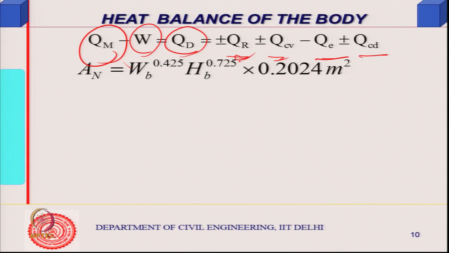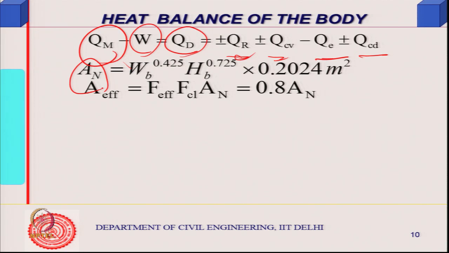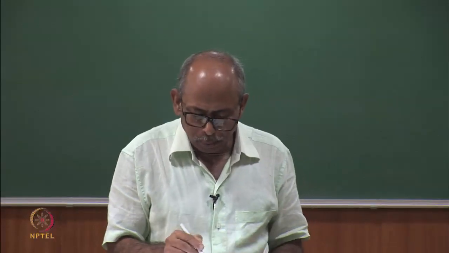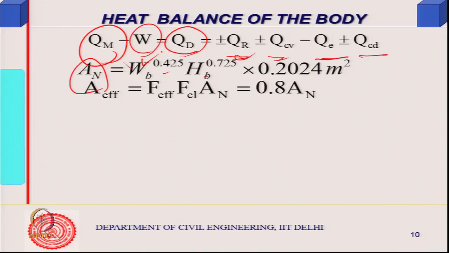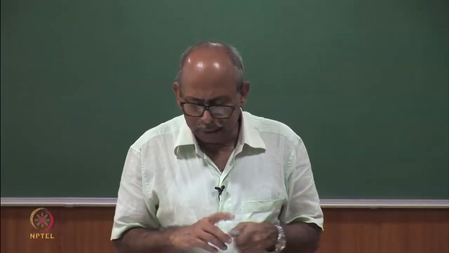So the area of the normal body is taken like this: height is HB and W is the weight, body weight. Normal body weight is taken as WB, and this is an empirical equation. So it is the surface area of the body through which heat will be lost. It is related to the body mass, weight and height, right? And then there is some 2024 meter square. That's it. But effective would be related to clothing also. So some factor for clothing and some factor for area of the clothing, etc. Finally, it is 0.8